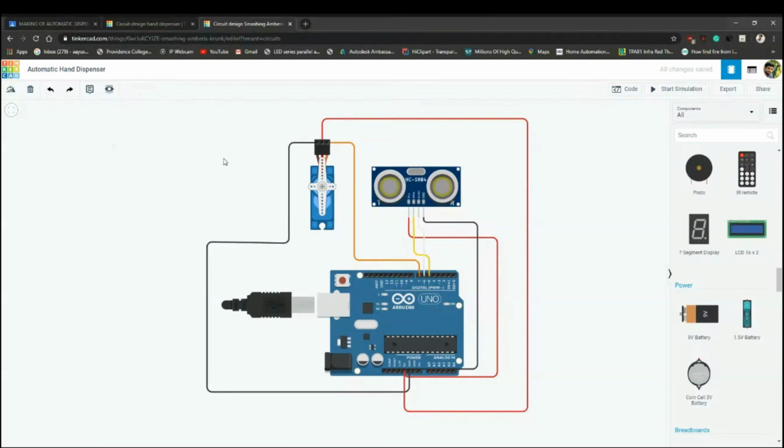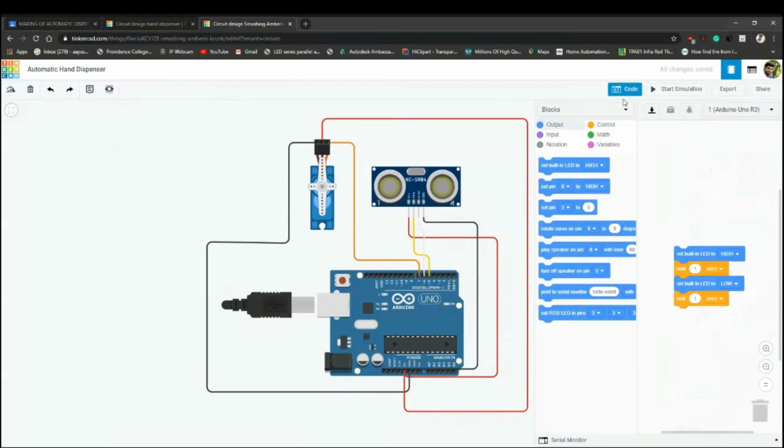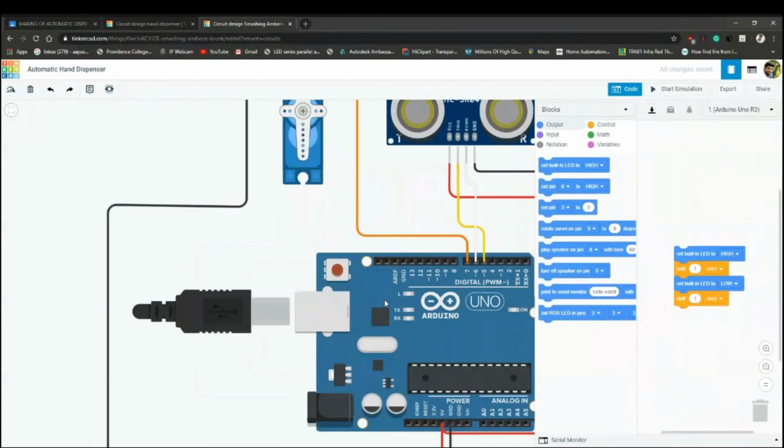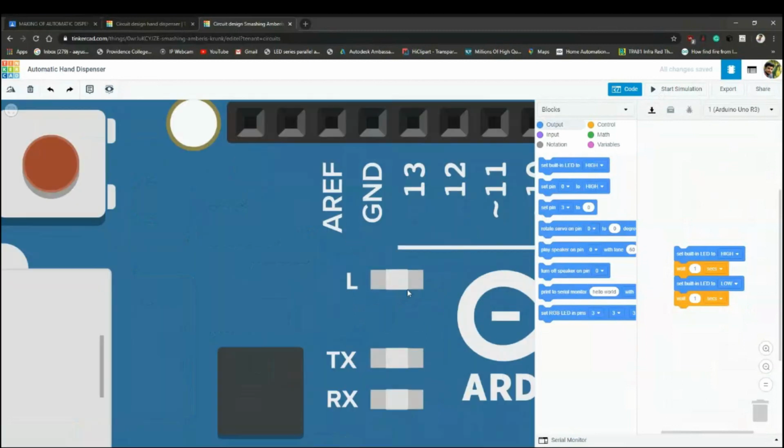For coding, I have to select this code option, which is a code editor in Tinkercad itself. As I started this simulation, you saw that this status LED was glowing. Why?